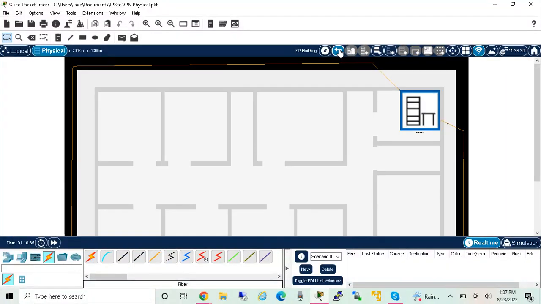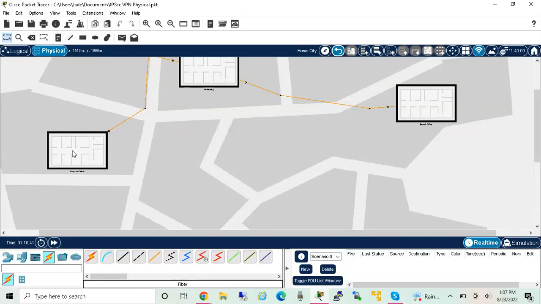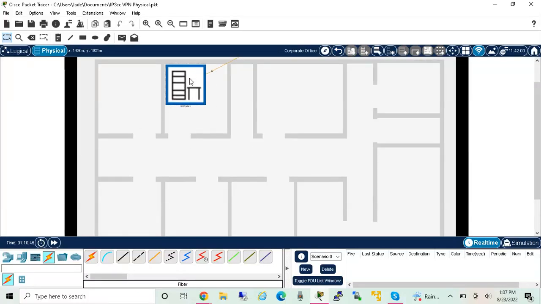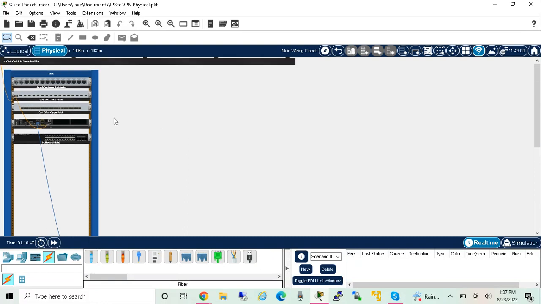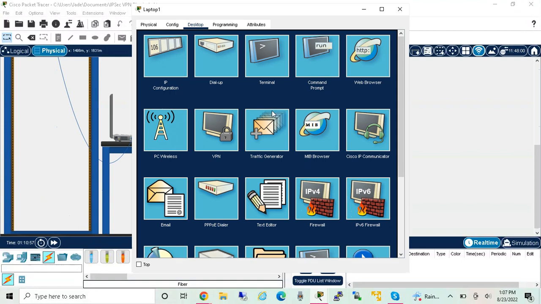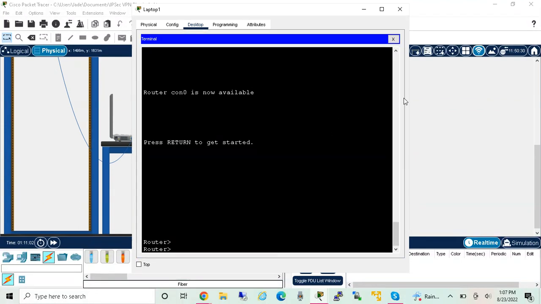Let's go to the corporate side. So I hit the back arrow. I'm on a floor plan. I'm going to hit the back arrow again. I'm going to go to corporate office, and I will go into the main wiring closet and configure this router, this R1 here. Yeah, R1. So click on the laptop, go to terminal, click OK, and we have